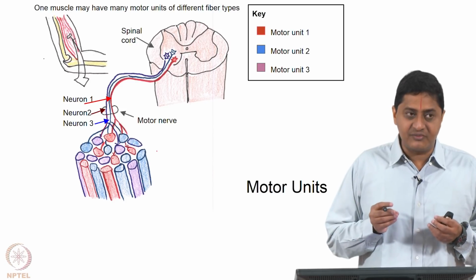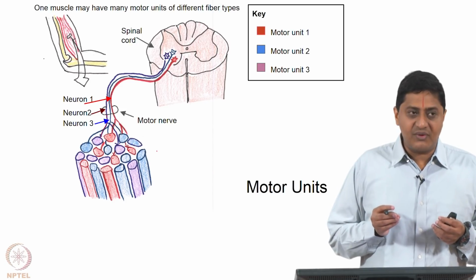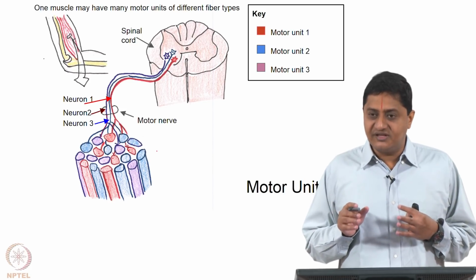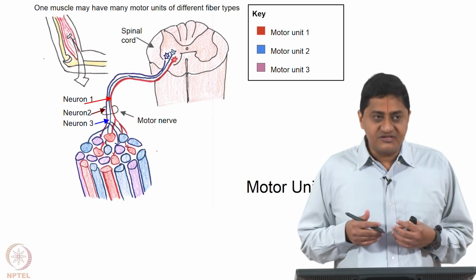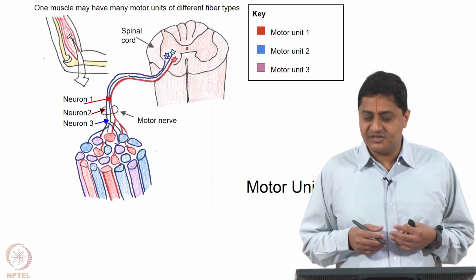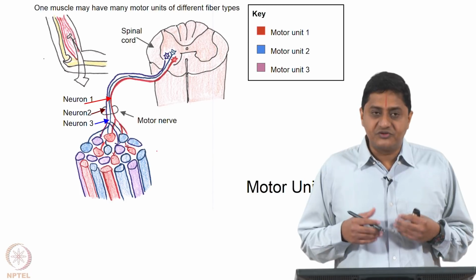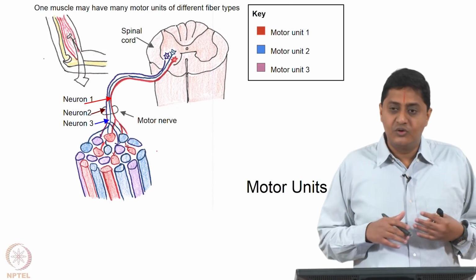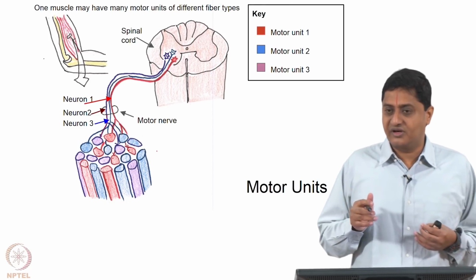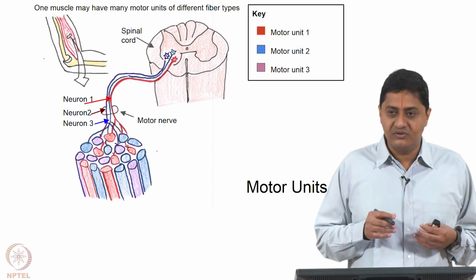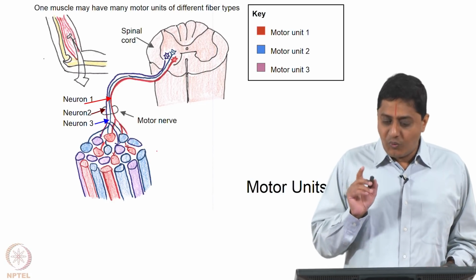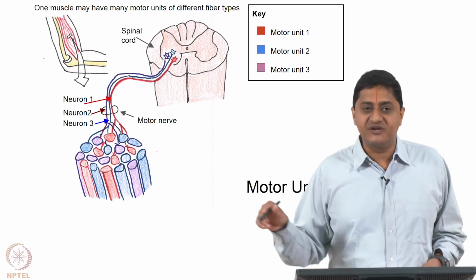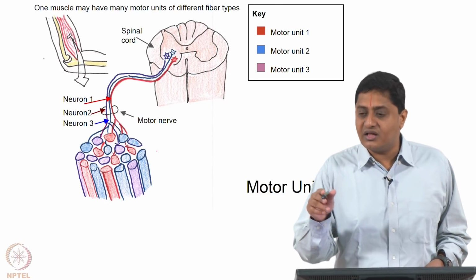A given muscle fiber receives a command from only one motor neuron. So, whenever that motor neuron is giving the command, the response by the muscle fiber is obligatory. It does not have the power to say, no, I am not going to contract, sorry, I am receiving conflicting commands. No, there is only a single commander for a muscle fiber. From the muscle fiber point of view, for each muscle fiber there is only one motor neuron that is commanding it, but one motor neuron can command multiple muscle fibers simultaneously, and whenever it fires, all the muscle fibers attached to it also fire.